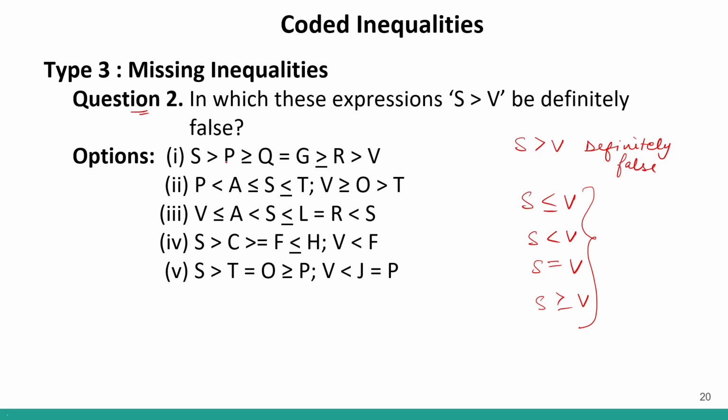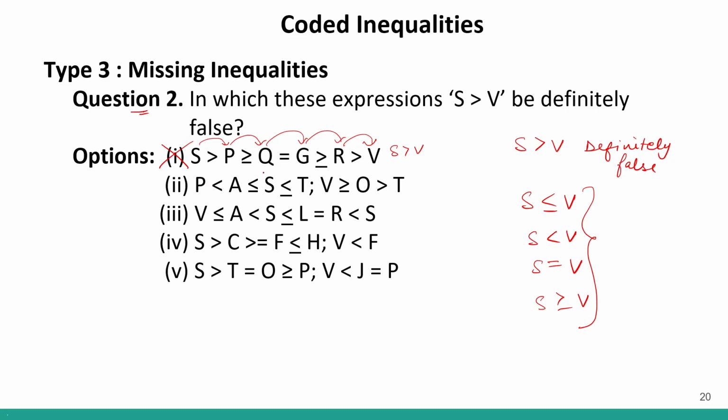Now, so we will move from S to V. So over here, I can move from S to V. I can see I can go here, here to here, here to here. There is no restriction from bigger door to smaller door. So in this particular scenario, S is greater than V is true. Therefore, this will not be the answer. Okay. Moving on to option number 2.